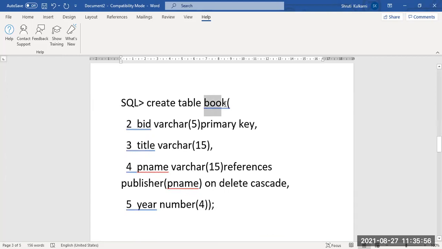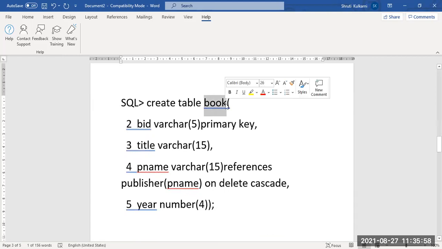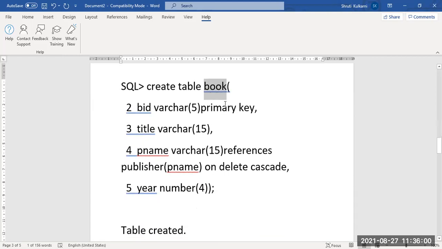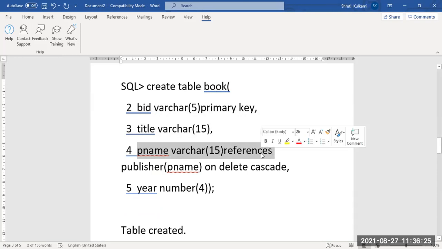Then the fourth table I have created is the book table. Inside the book table, we have the attributes book ID, which is going to be the primary key, title or name of the textbook like DBMS, DS, anything, and P name, yes, publisher name, of the respective textbook who has published. So here comes the main point. Publisher name varchar 15. Till here we are aware. Now we are supposed to give the foreign key. So do not write it as a foreign key when you are creating the table.